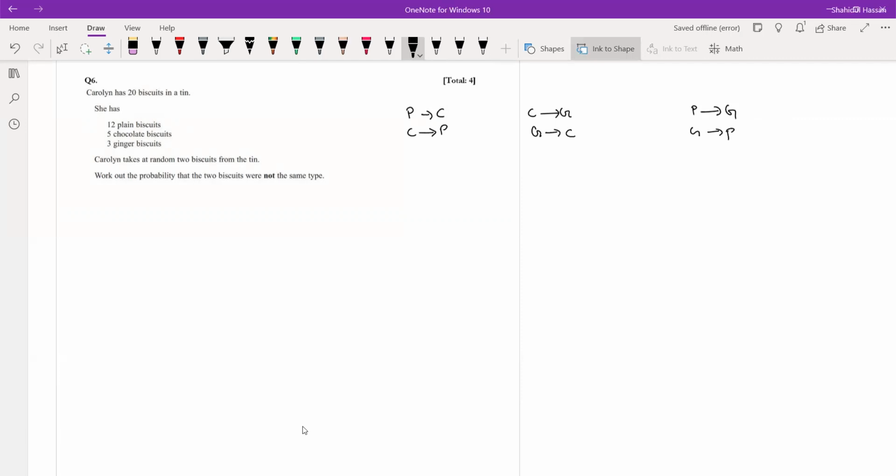Yes, sir. Okay, so we can do this: a plain biscuit, chocolate biscuit. We can find all of this and then add them up. This is one way of doing this problem. However, this problem has another option, an alternative method. The alternative method would be this. I am asking you to find the probability of 2 biscuits which are not